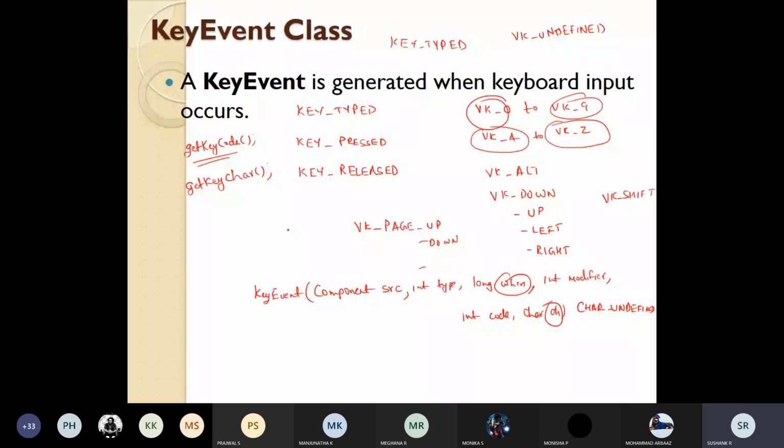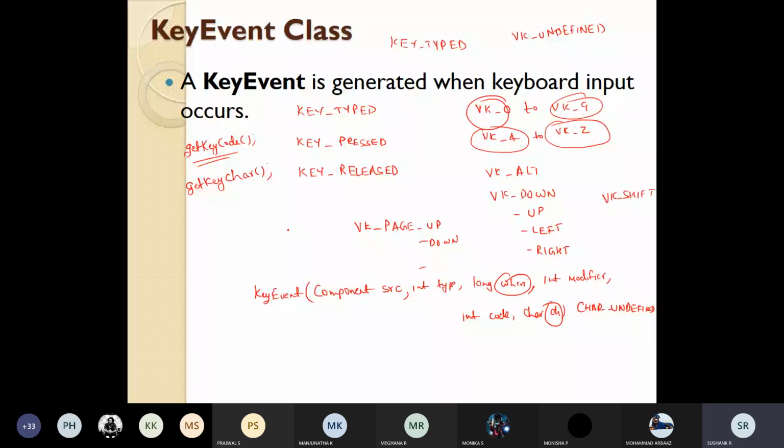But you know that if it is a scroll bar, at the end of the scroll bar some triangle-like thing will be there. So one is WHEEL_BLOCK_SCROLL, the other is WHEEL_UNIT_SCROLL.